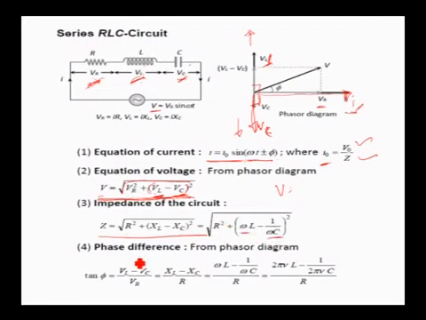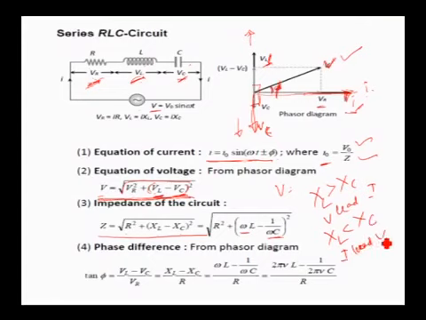Now look at the phase difference here. This is the resultant voltage across the combination and this is the resultant current through the combination. That means still voltage and current are not in phase in an LCR circuit. They have a phase difference. But which is leading here? V is leading current. By what angle? Phi. But does V always lead current in case of LCR circuit? No. If XL is greater than XC, then V will be leading I. But if XL is less than XC, then I will be leading voltage.